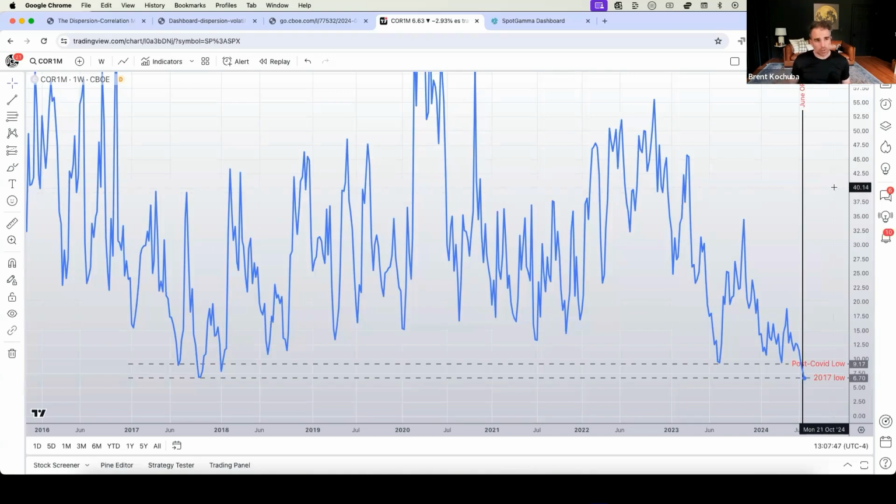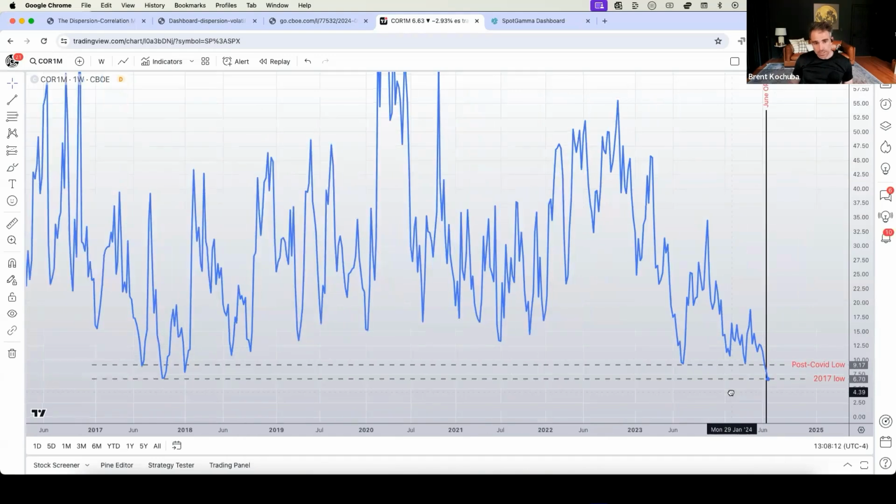Essentially what the correlation metric here measures is implied volatility, or future volatility, we can call that, right, of 1 month options. So looking at the S&P implied vol versus the single stock implied vol in the top 50 constituents of the S&P 500 itself. What this is saying is index vol is getting crushed, single stock vol is staying at or above, right? It's increasing relative. And so you get this declining correlation.